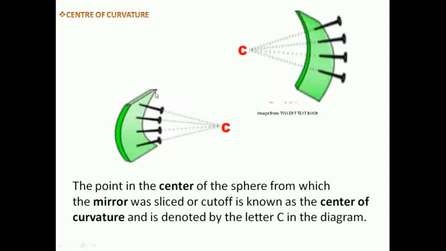Now you can see this first one. It is resembling the concave mirror. Now if you see, these lines represent the normals. If you clearly observe, these normals appear to be converging at a particular point capital C. This point capital C is known as center of curvature. Now let us go for a convex mirror. A slight change here. Here the normals appear to be diverging from a particular point capital C. That is known as center of curvature. This is the way you identify the center of curvature.